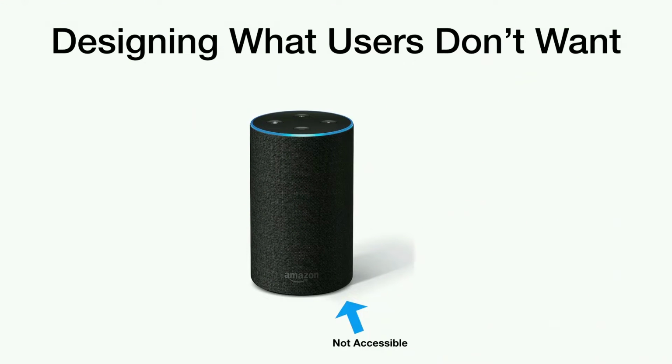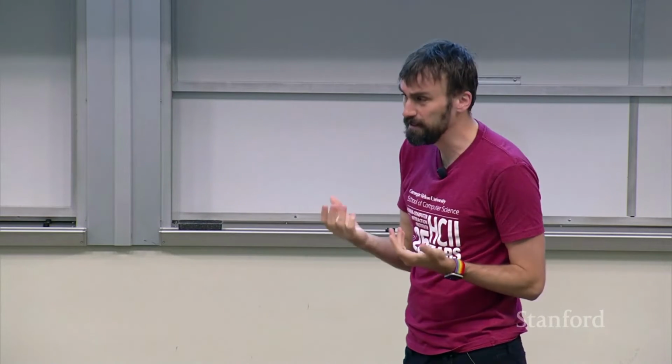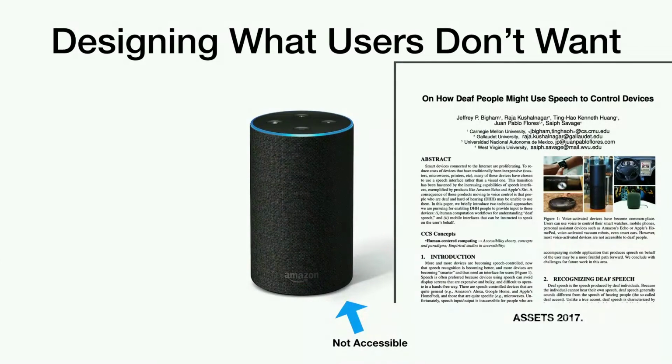So Alexa, I'll pick on, because there's not been a way to alternatively control Alexa. With things like Siri, you can type to it. Google Now, I think you can type to it. And so I looked at that, and it's like, oh, this is a big problem. We did some work on, in this case, we were targeting people who were deaf, who had a characteristic deaf accent that's not understood by these devices.